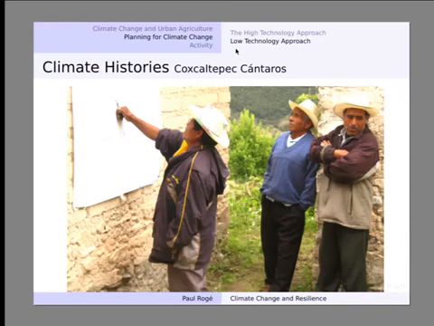And what we wanted to do was recount the history that they remembered of the climatic events in their past and what they had done to prevent the impact of that climatic event, right? Does that make sense? So identify the climatic history, followed by the impacts and what adaptation strategy they took to respond to those impacts.